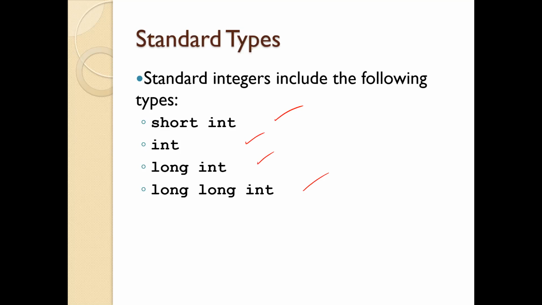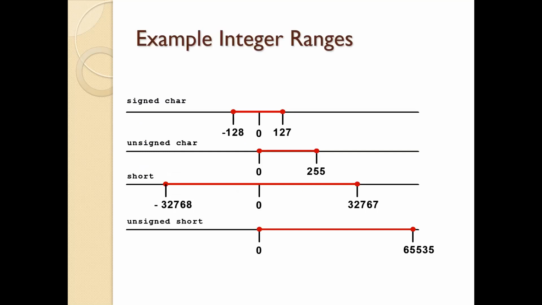Here, I really like this graph. I think it's such a good graph. Here you can see what we're talking about in these slides. You have signed char or unsigned char, or you have short or unsigned short, right? One is signed, so that means numbers can be positive or negative. One is unsigned, so only positive numbers are represented. So this can only represent 256